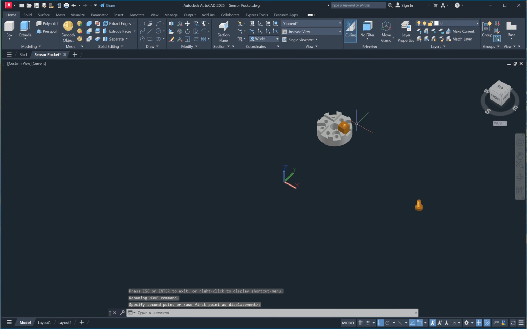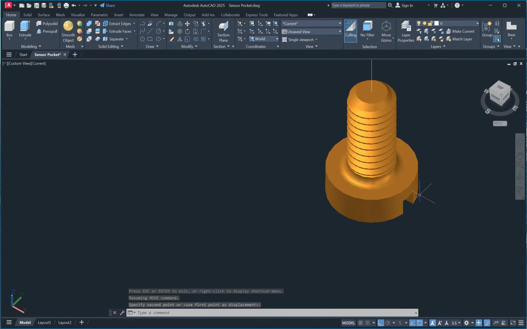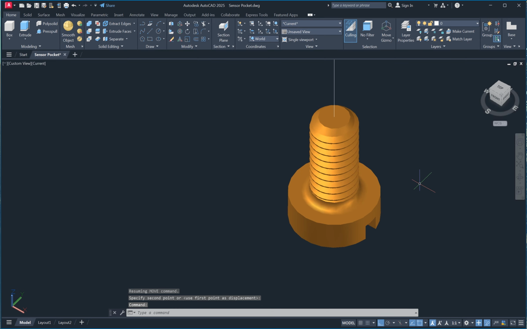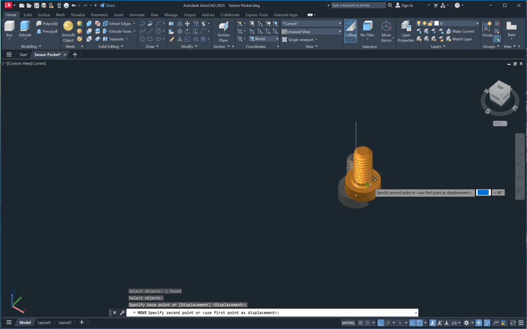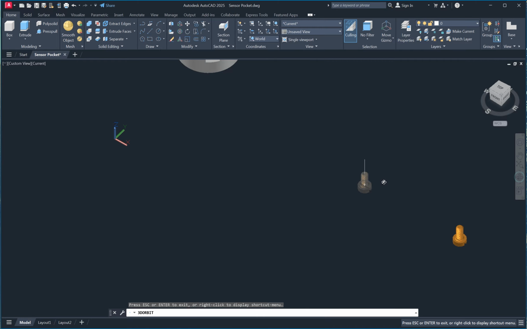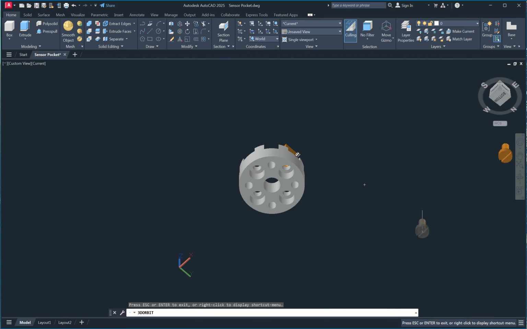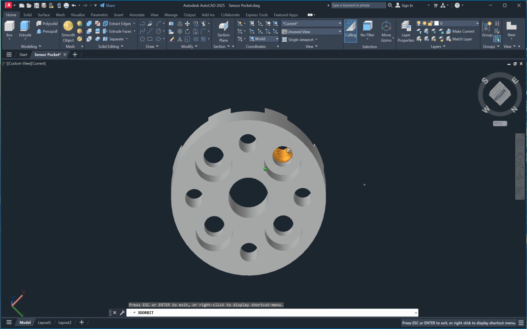Yeah. And the screw the same, click, move, select object, enter, specify base point here. Second point, the middle of this.